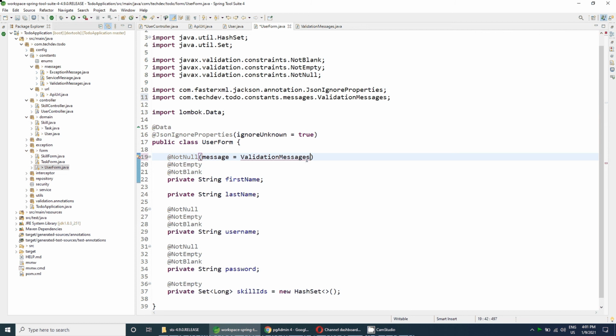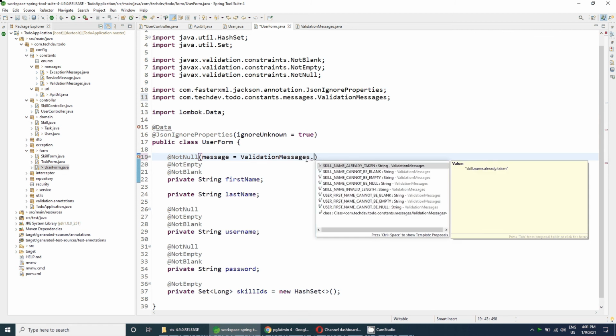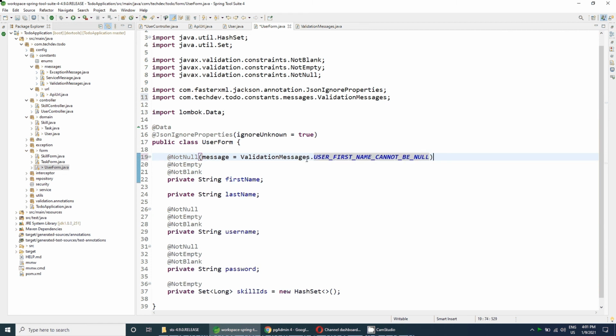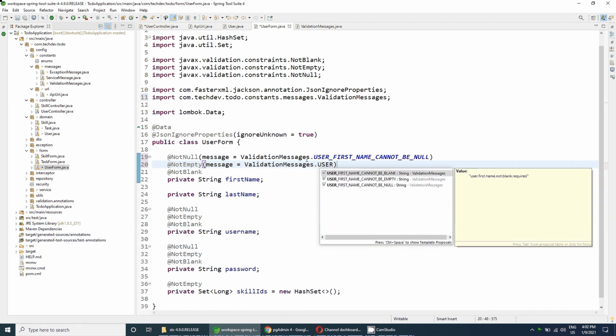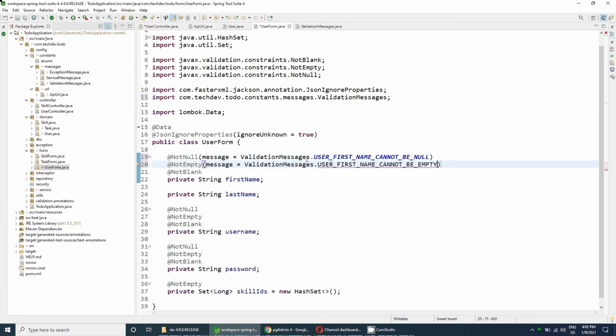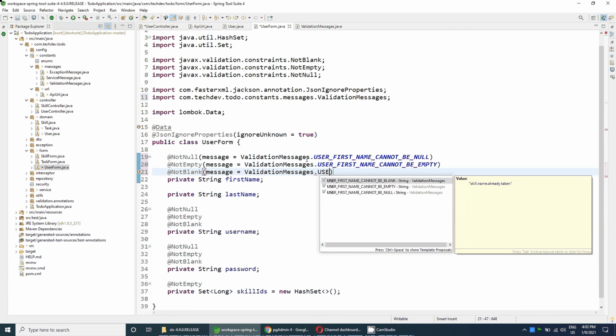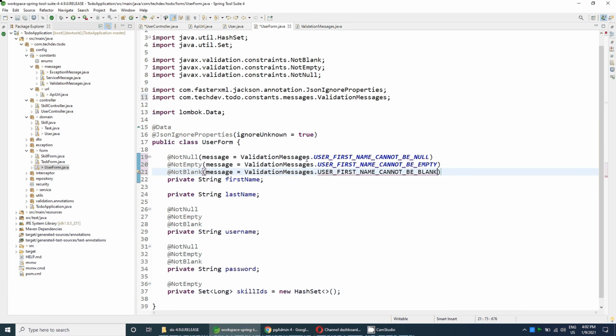So let's add them. Message equals validation message dot user first name cannot be null, and similarly message equals validation message dot user first name cannot be empty, and message equals validation message dot user first name cannot be blank.